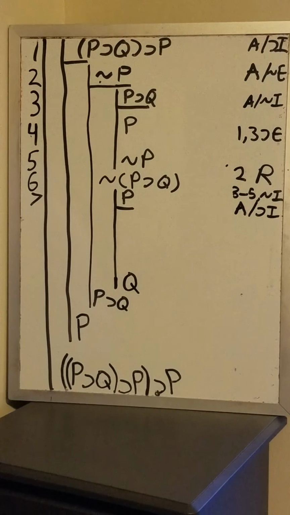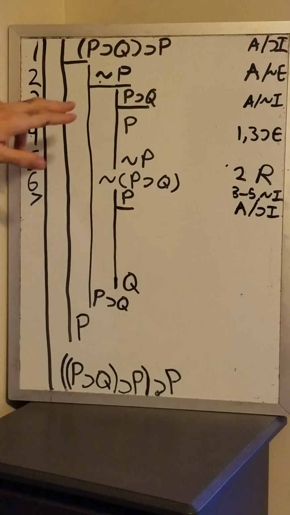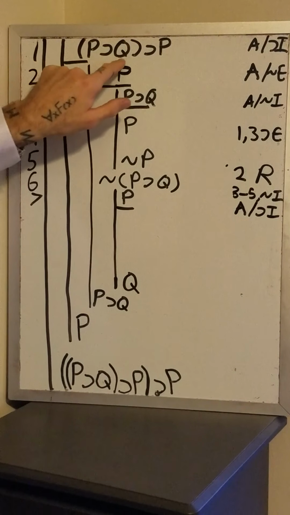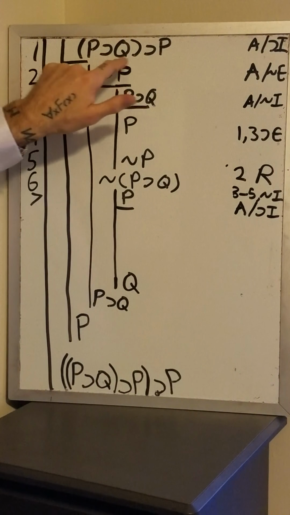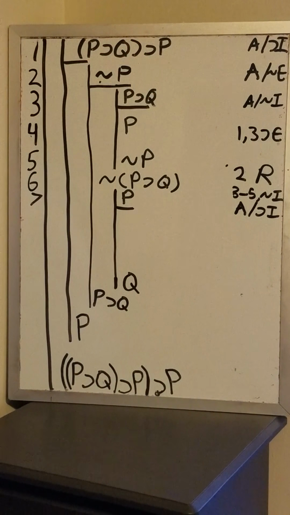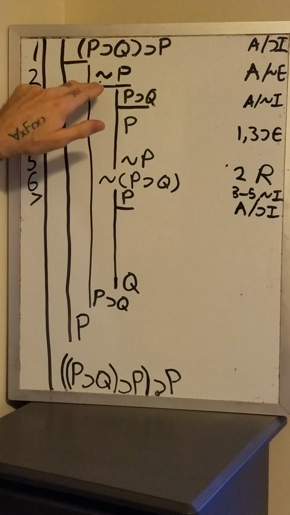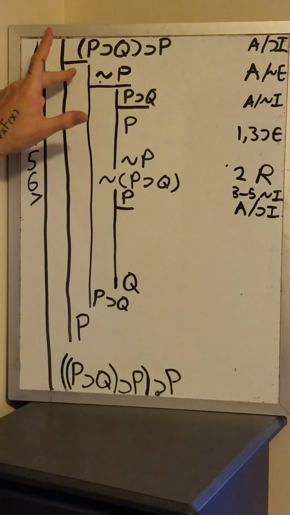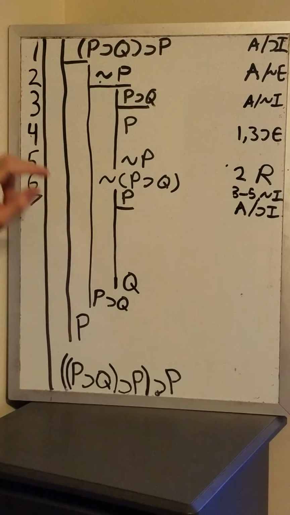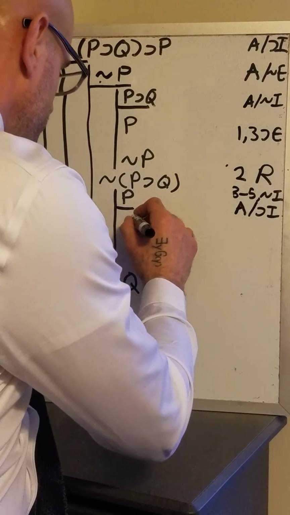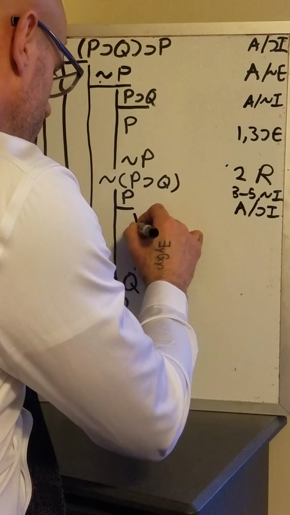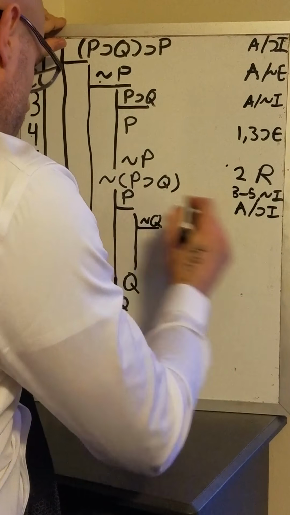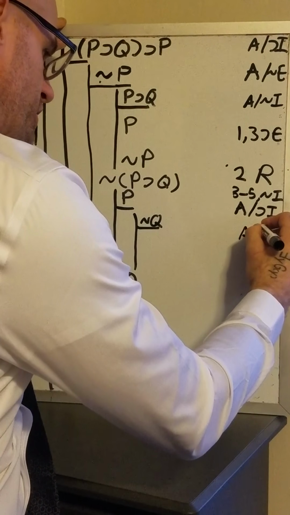Now, how can we do that? Well, we can't use this. This is in a different subderivation, and we can't use this. This isn't a sentence on its own. It's the antecedent of another sentence. But we do have a contradiction here, right, with the assumption of this big subderivation here. So what we want to do is assume that not Q, for purposes of negation elimination,